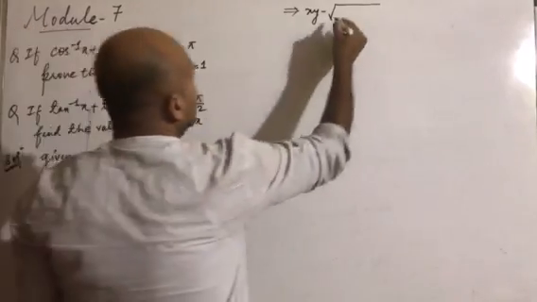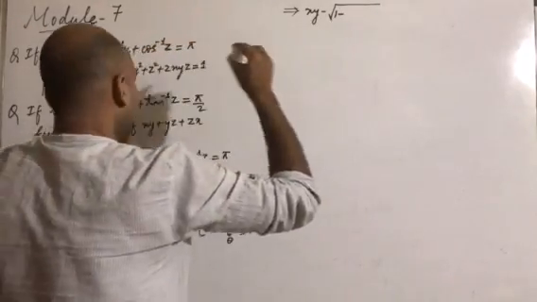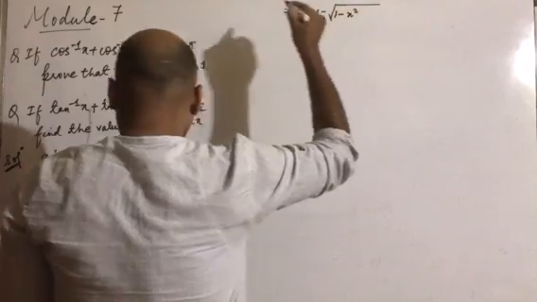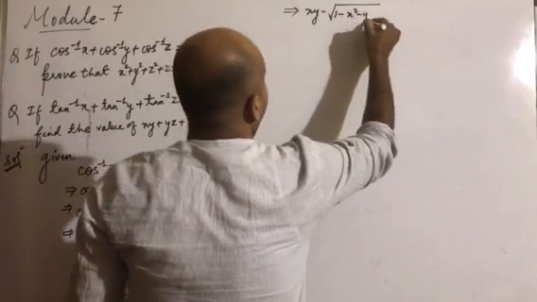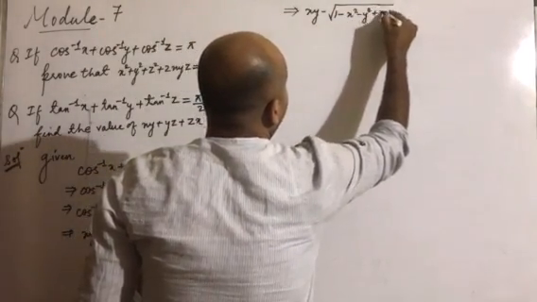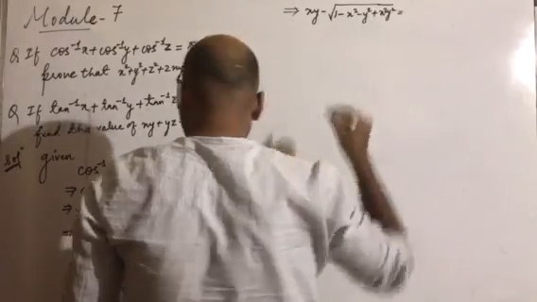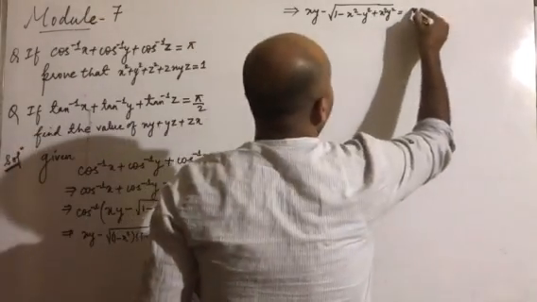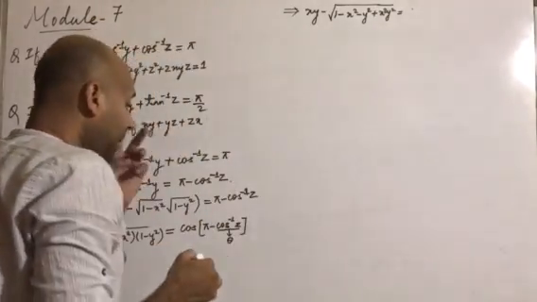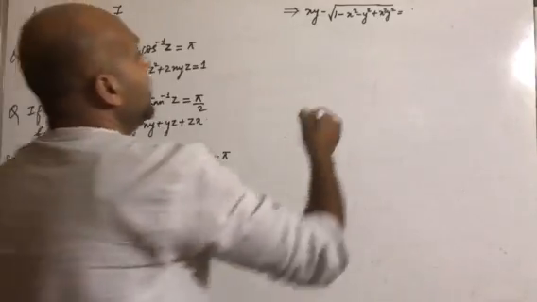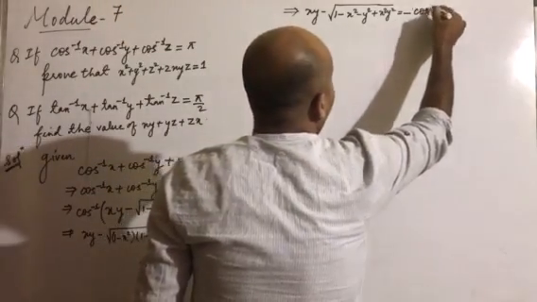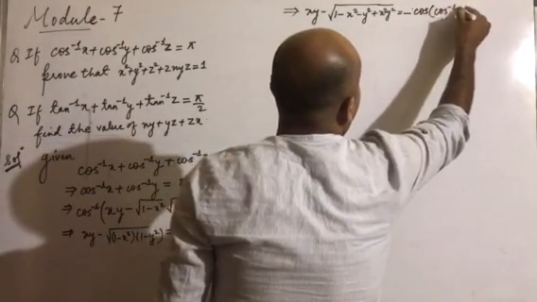So what I'm writing here, xy minus root under of, can I multiply this both? Yes, it can be done. So it will be 1 minus x square into 1 is x square, and then y square into 1 is minus y square, and then plus x square y square, is equal to, this is cos of 180 minus theta, so this will become what? Tell me. Cos 180 minus theta is minus cos theta, so I'll put here minus cos, and the value of theta is nothing but cos inverse of z.